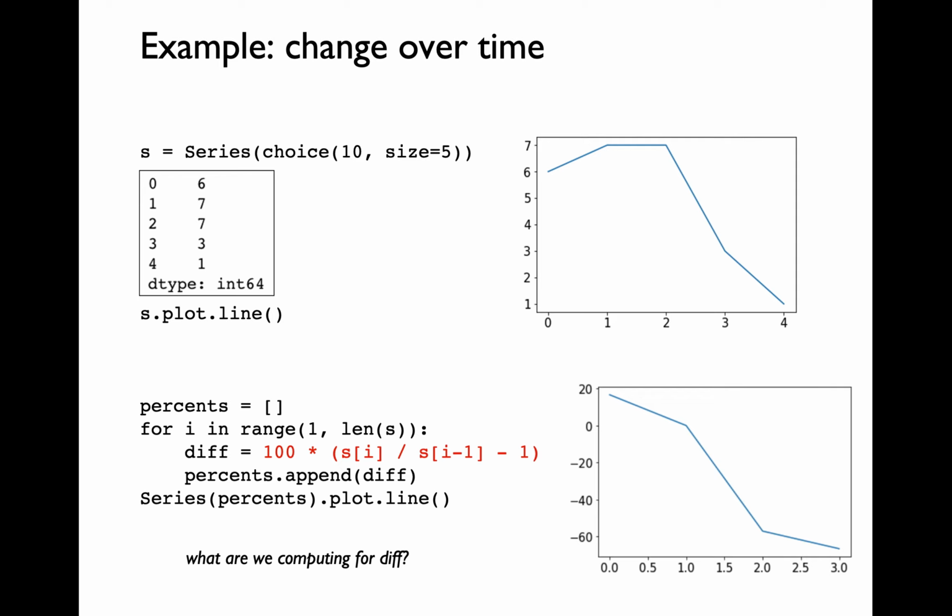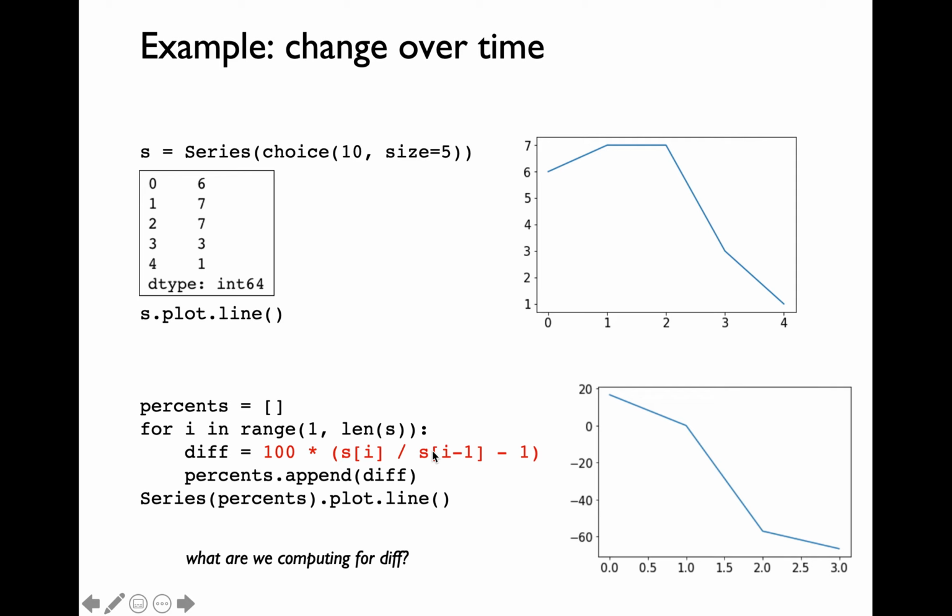So if you were thinking the bug is when we divide by s of i minus 1, you had the correct answer to my question. Why is that buggy? Clearly we are able to get a plot here. So this plot works for this particular random selection of numbers over here. What if the choice function returns 0? Then you're going to have a divide by 0 error, correct? Because s of i minus 1 will be 0 at some point.